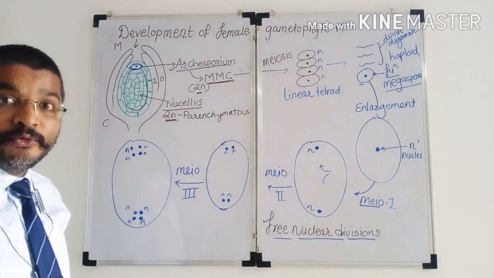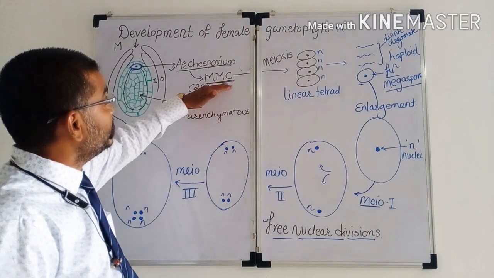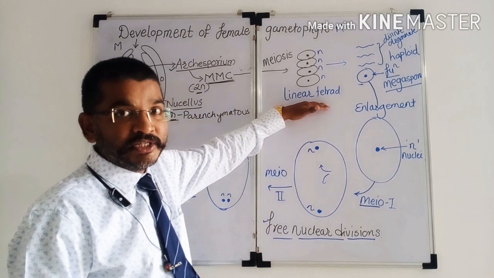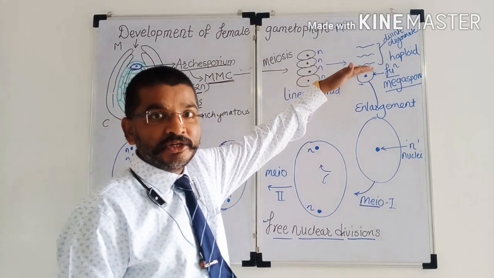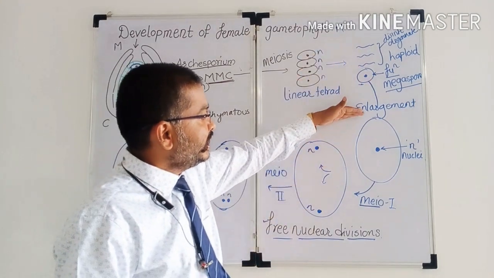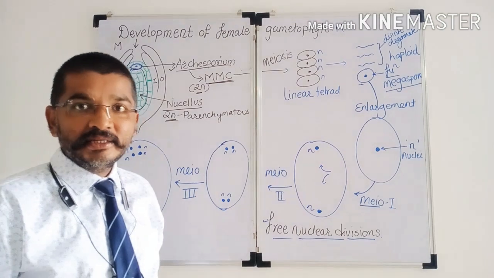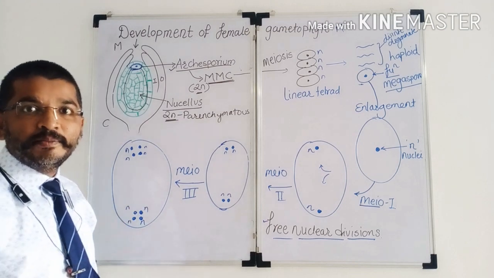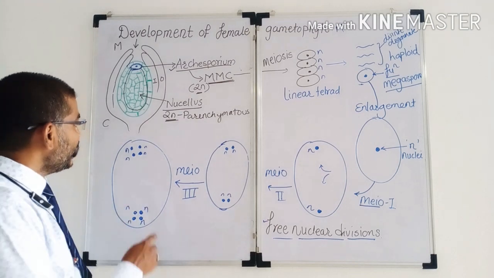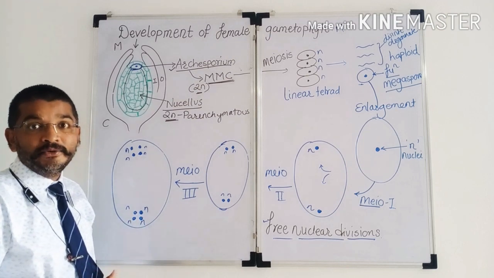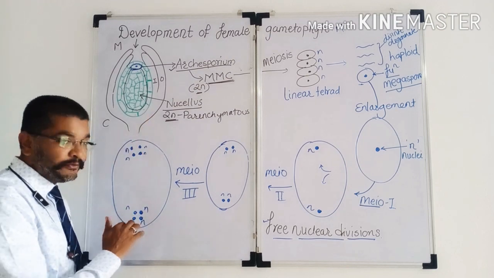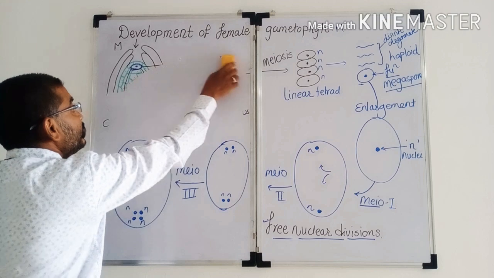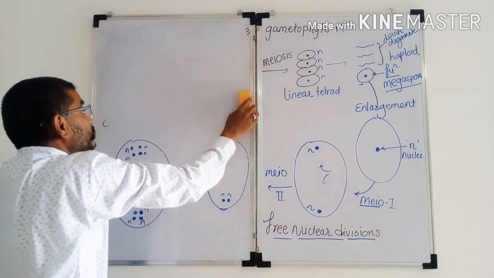Means here what are the 3 main processes. The first one is the meiosis of the megaspore mother cell, which gives formation of the linear tetrad, then degeneration of the upper 3 megaspores, enlargement and divisions. 3 successive divisions finally give rise to one oval shape enlarged megaspore having a total of 8 haploid nuclei, 4 towards one pole and 4 towards the other pole. Now I have to draw this upper diagram.